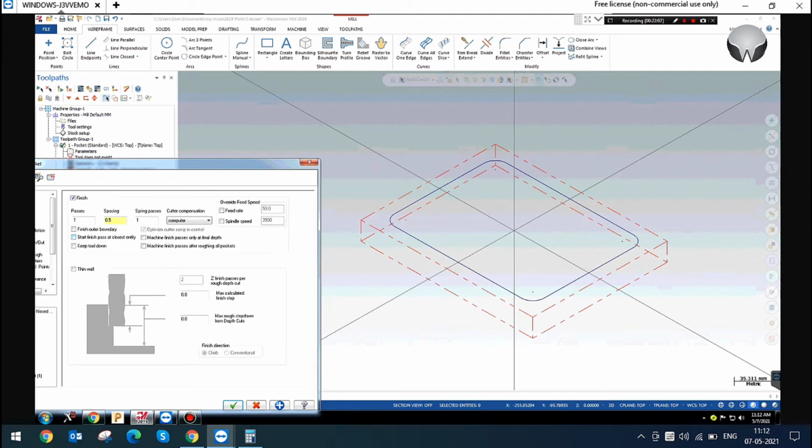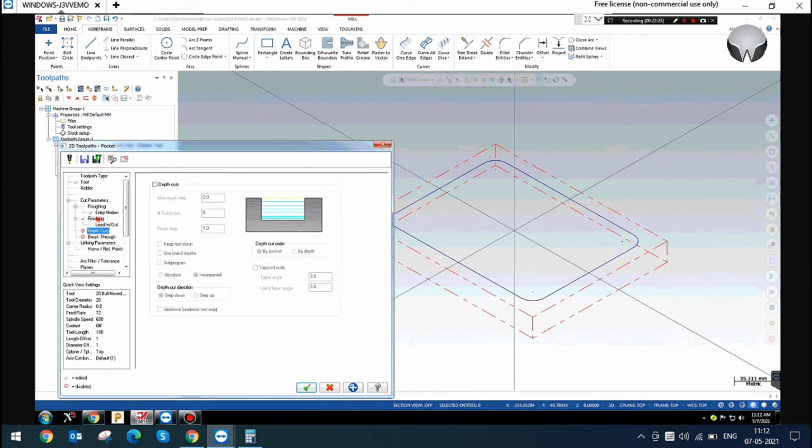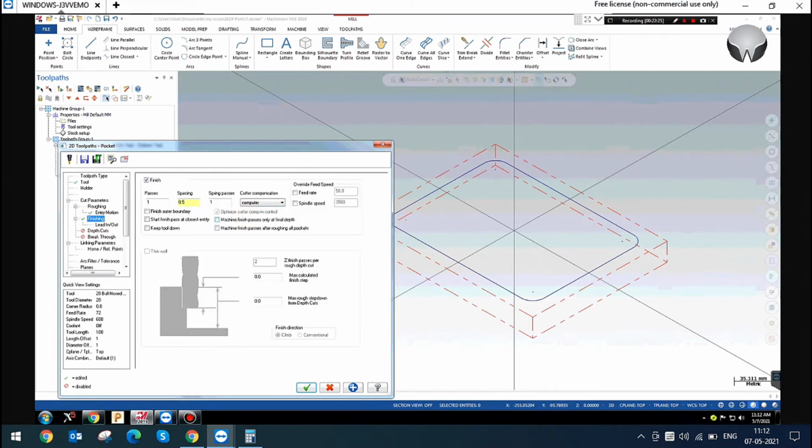If I disable this, the finish pass will start at any place, and machine finish pass only at final depth. If you give this, every depth of cut will not be finished, only the final pass is finished.